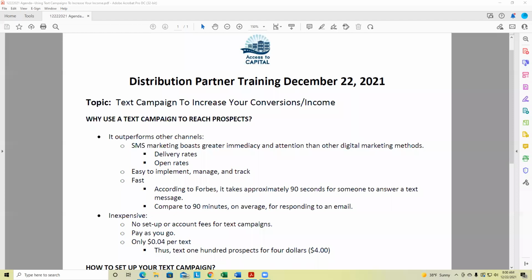So let's come together and define three key terms. We have leads, we have prospects, and we have clients. I would argue a text campaign could be used for each of those audiences. But from a lead perspective, let's say that you have a list of 100, 1,000, 10,000, whatever it is, small business owners.